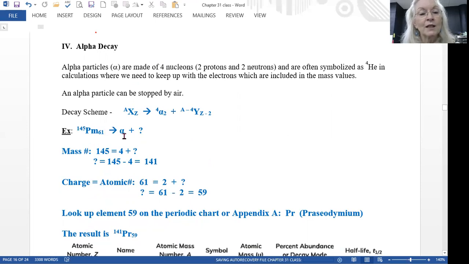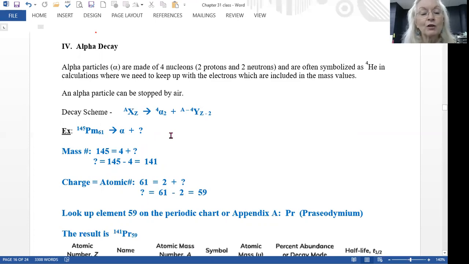And we know we want it to give off an alpha particle, and what we're interested in is what is the daughter? What is the daughter element? So we have to find out 2 things. What's going to be the mass for the daughter and what's going to be the atomic number or charge on it. So for the mass, we look at the superscripts, the upper numbers. Promethium 145, that would be 145. If you take the arrow and replace it with an equal sign, so we've got 145 equals on an alpha particle, the atomic mass is 4. So we put 4 as our atomic mass number, and we don't know what the daughter has for it. But to figure this out, you just subtract 4 from both sides and you find out that the daughter's atomic mass number is going to have to be 141